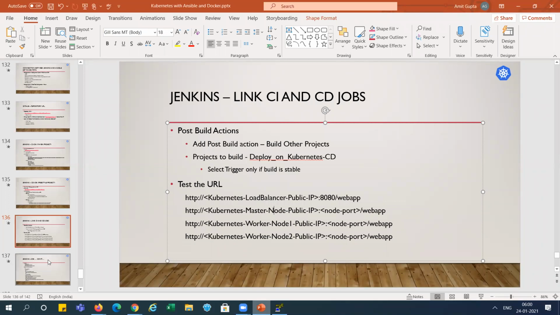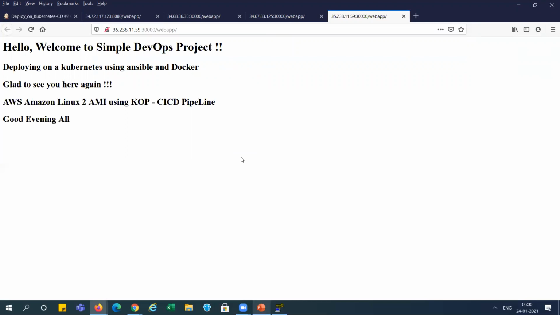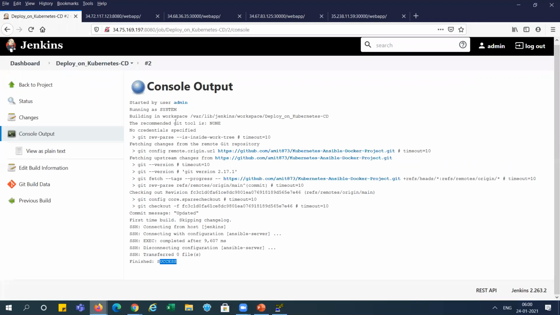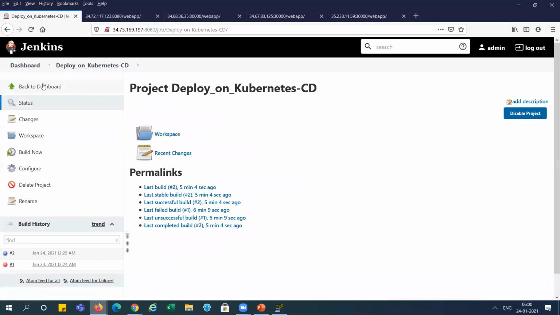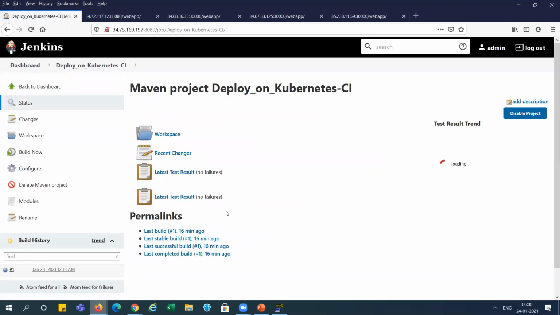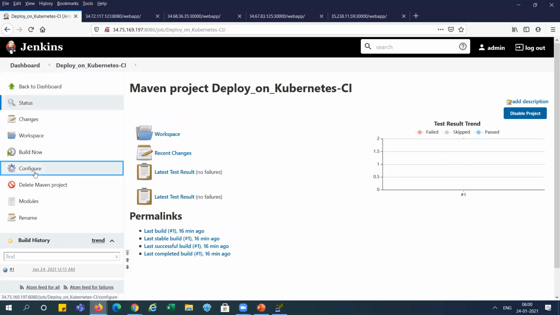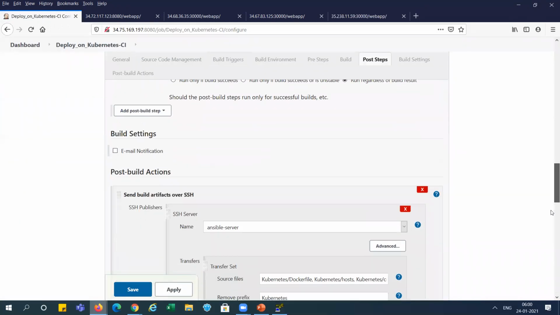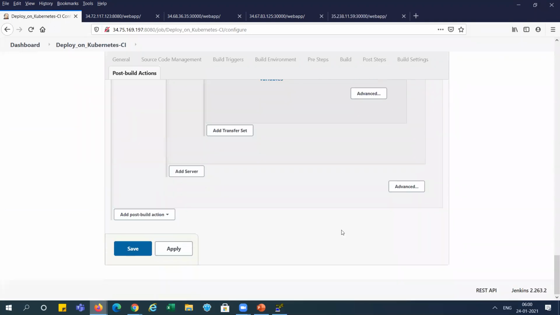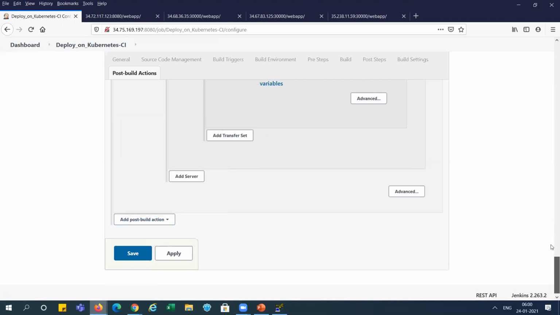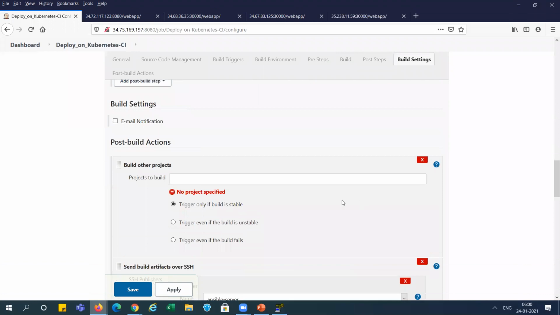Now we have already created 2 jobs, right? But we need to link them together. So we will go to the CI side and we'll go to configure. And here you can see we need to add one action for build other project. So when we take it, you can see here,